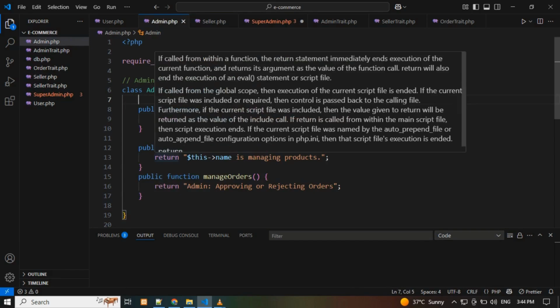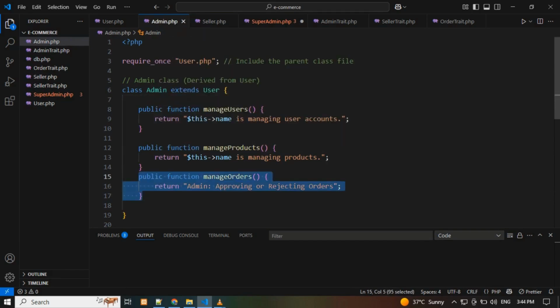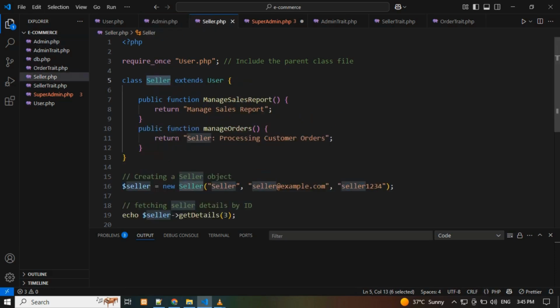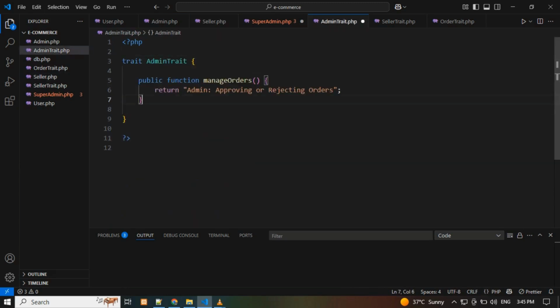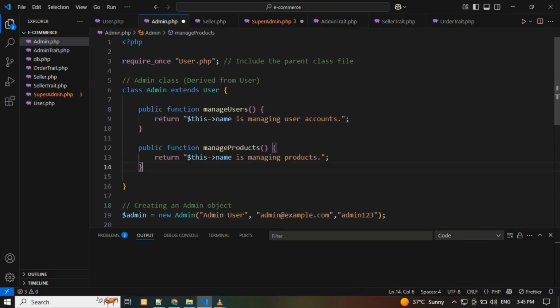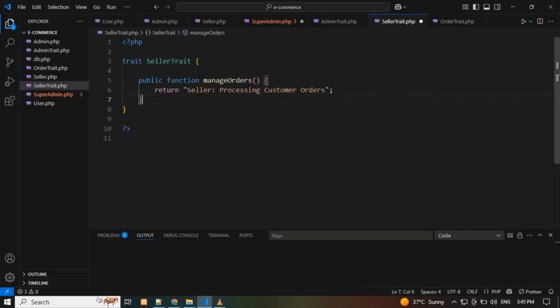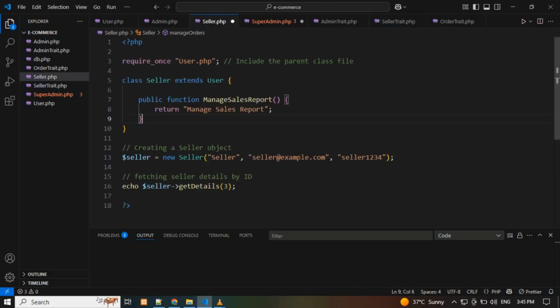Instead, we extract only the reusable code from the admin and seller classes, such as the manageOrder method. To do this in admin_trait, we define the manageOrder method from the admin class and remove the existing manageOrder method from the admin class. Similarly, in seller_trait, we define the manageOrder method from the seller class and remove it from the seller class as well.